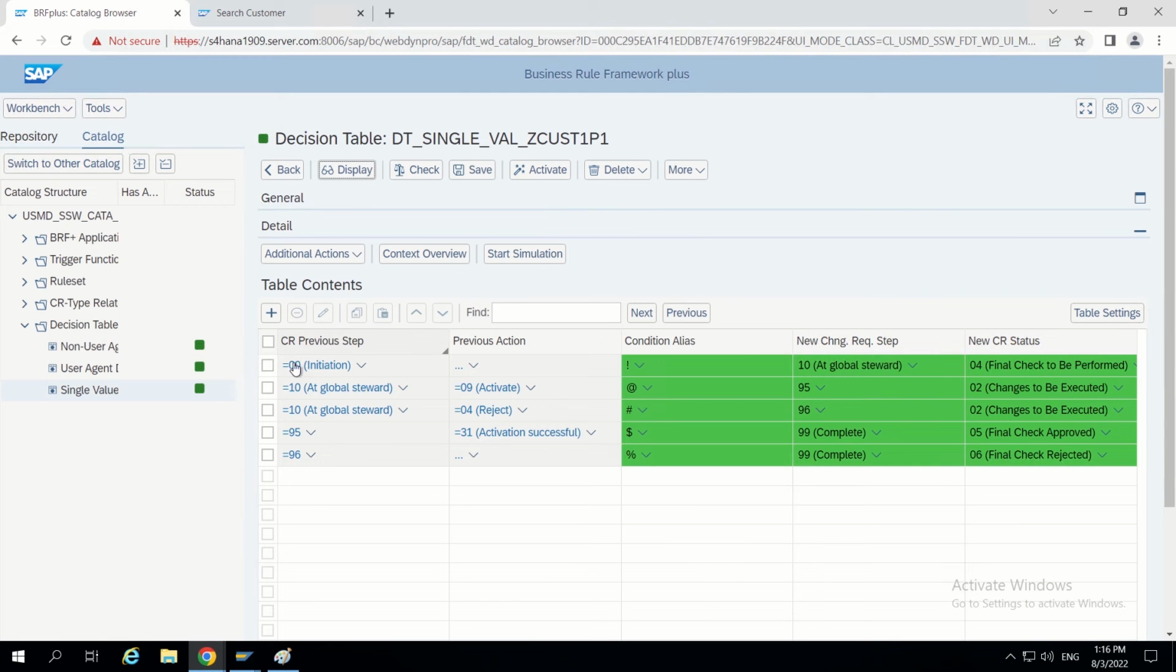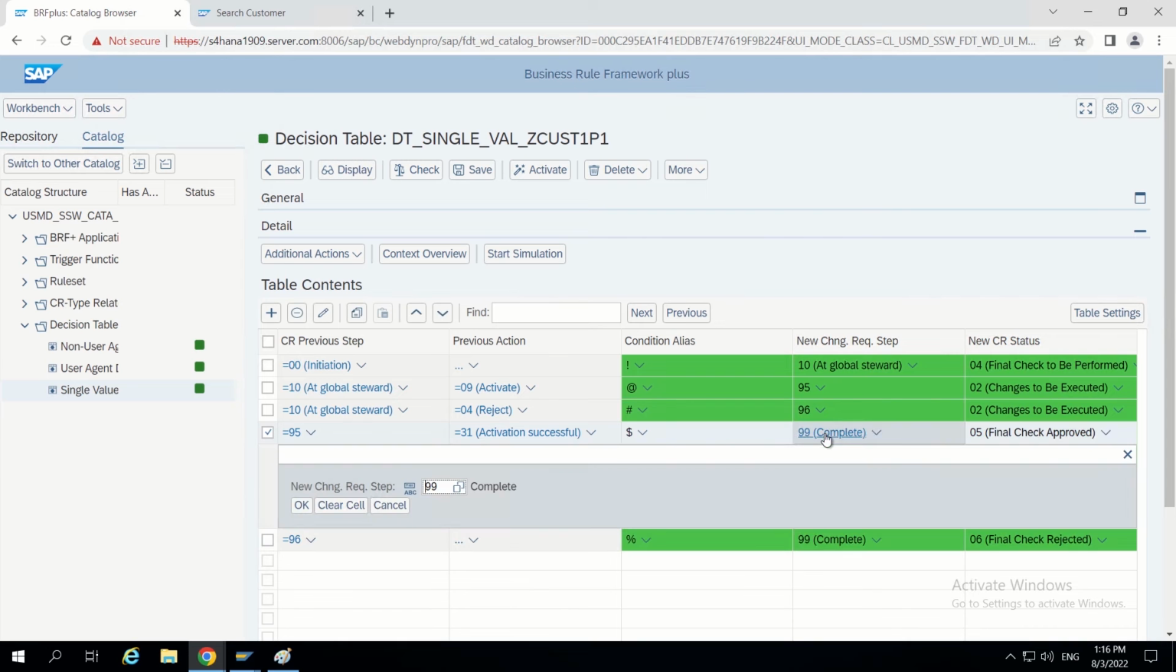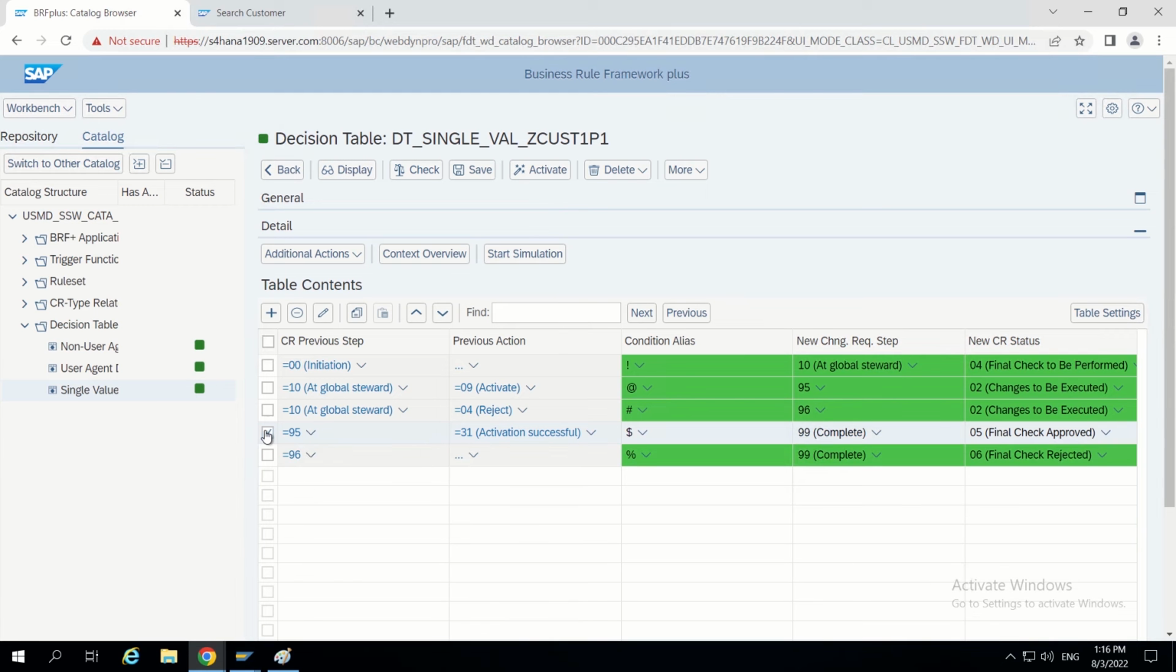Now I will add one extra step just after activation. Here we can see after this step, after activation, it is going to send a message to the system that it is going to get activated. If it is successfully activated, this workflow will get closed with 99 as the step. Just before this, what I have to do,